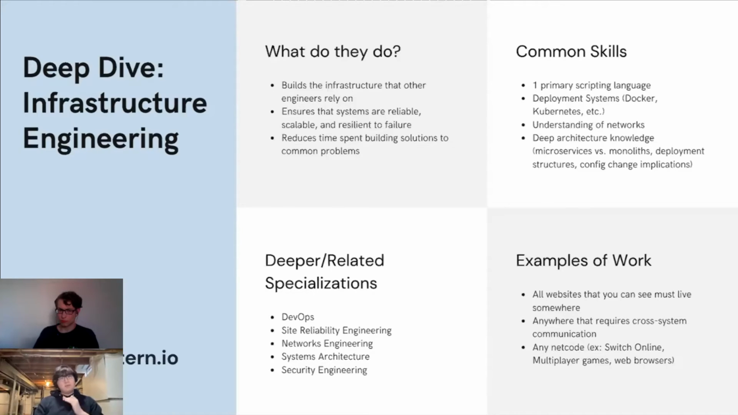Other deeper and related specializations, because infrastructure can be a deep specialization in itself, include DevOps, site reliability engineering, network engineering, system architecture, and security engineering. Most of these can be bundled up into two broad categories. One is a specialist that deals with infrastructure, not only in terms of helping developers get things online, but also in terms of helping developers code more effectively. So that's more developer operations,